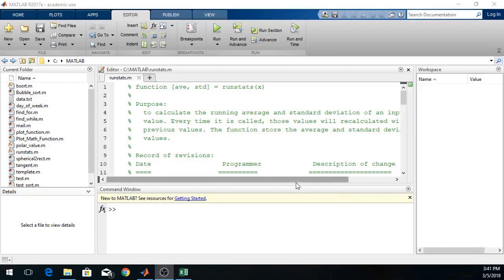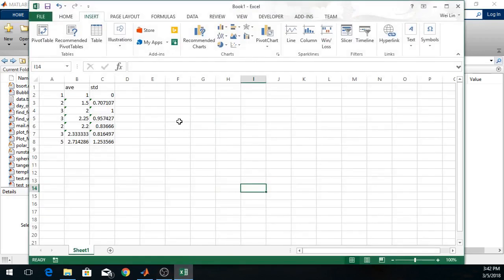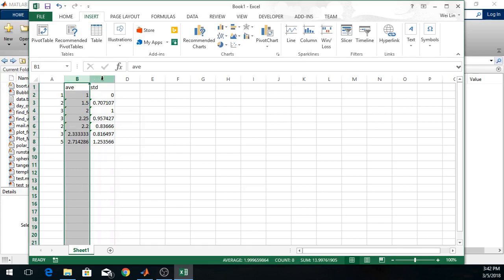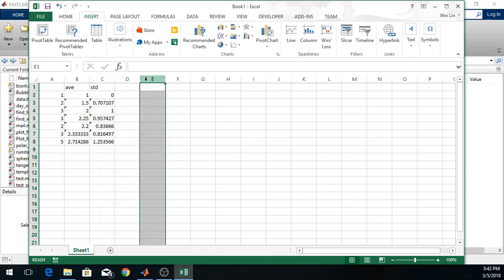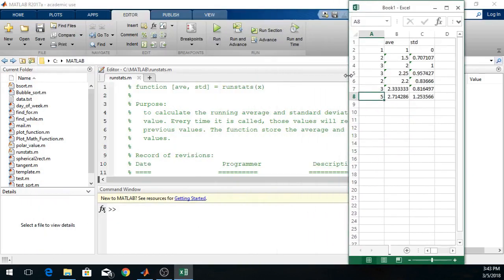Let's test the function we just created. Before we start, we need to prepare the data. I created an Excel sheet, and over here is a list of values that we're going to input. The second column will be the average value, and the third column will be the standard deviation. For example, so I'm going to make this Excel sheet a little bit